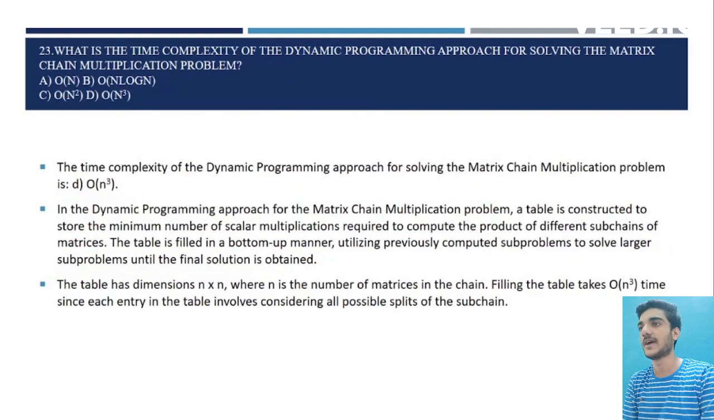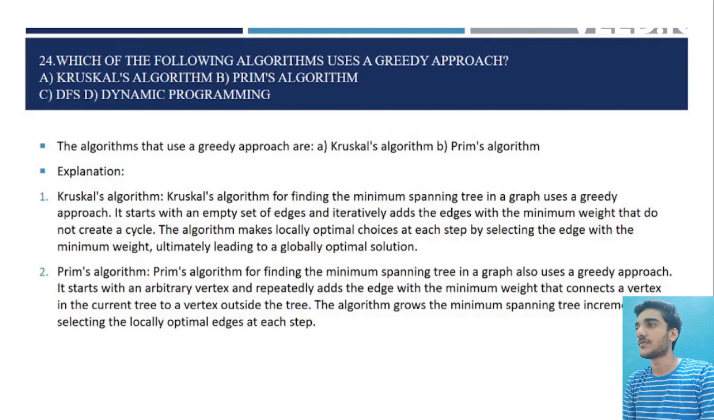What is the time complexity of the dynamic programming approach for solving the matrix chain multiplication problem? The correct option is O(n^3) because it requires 8 multiplication. Which of the following algorithm uses a greedy approach? The correct answer is Kruskal's algorithm and Prim's algorithm, which both use a greedy approach to generate a minimum spanning tree